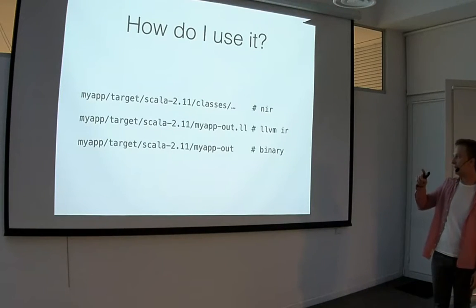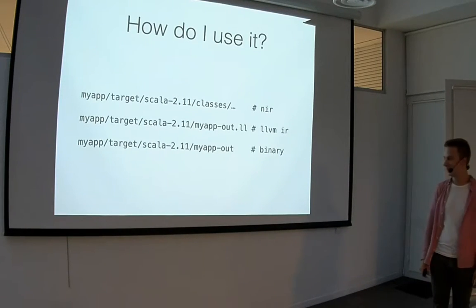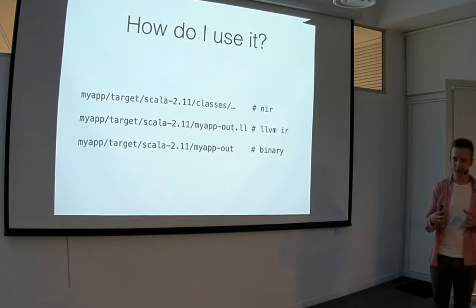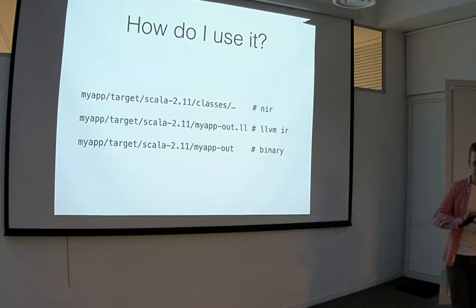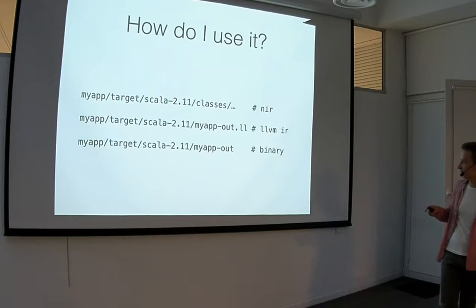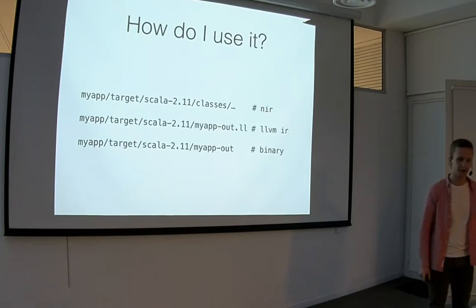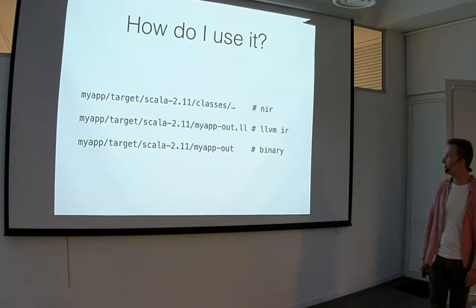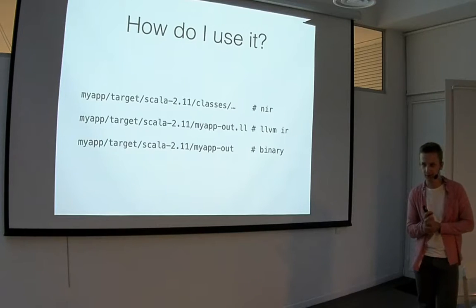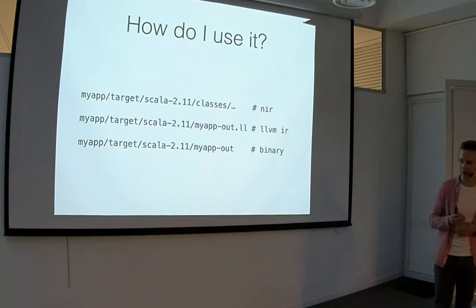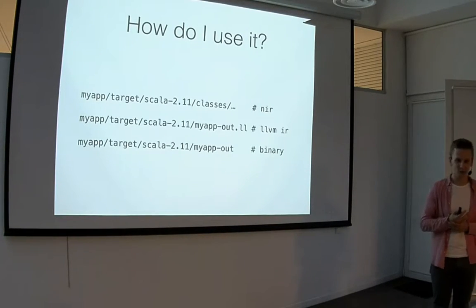So for example, let's say you have this app called My App, and it's in the folder My App, and you will be able to find a nice, absolutely linked and absolutely JVM-free binary inside target Scala 211 My App out. It's the default location. You can customize it in a build if you want to, but essentially this binary is just your normal C-like binary. It has a few library dependencies on stuff that we use. For example, it has a dependency on the GC library and stuff like that. But essentially, it's not too bad. I mean, it's not a JVM that you need to ship, like a huge thing.